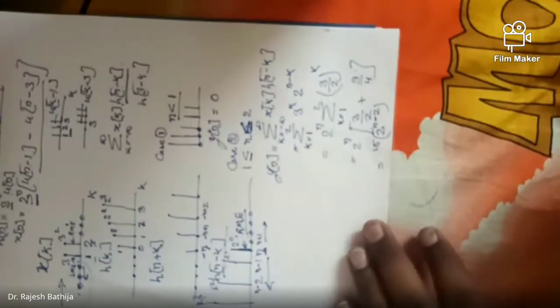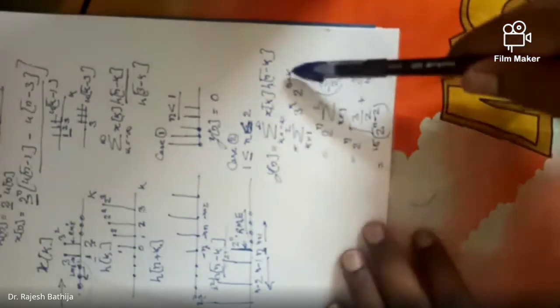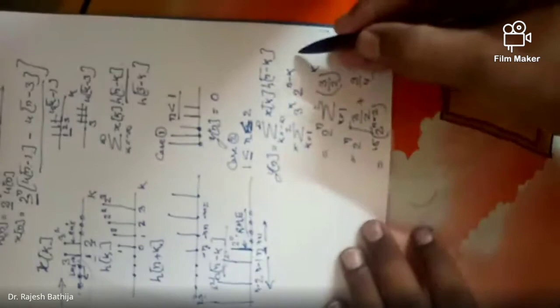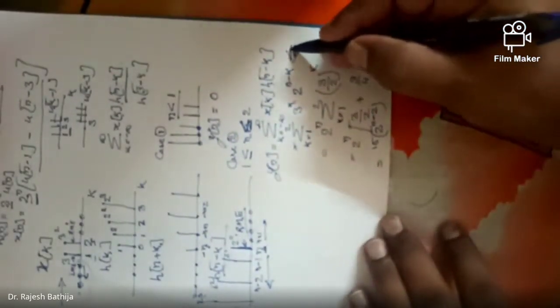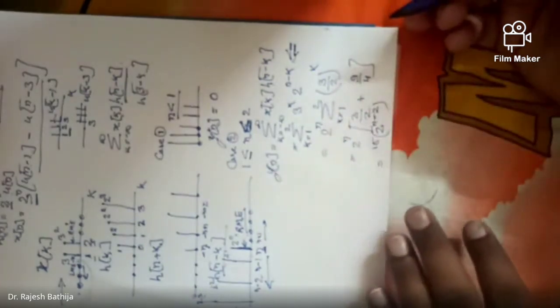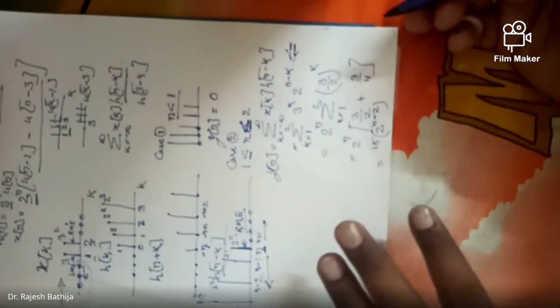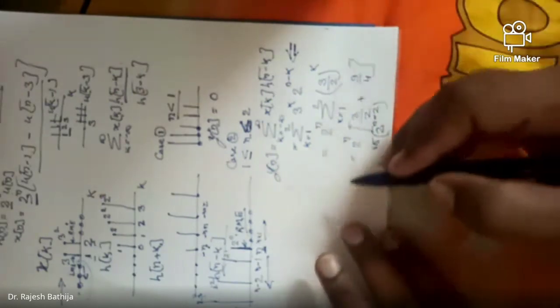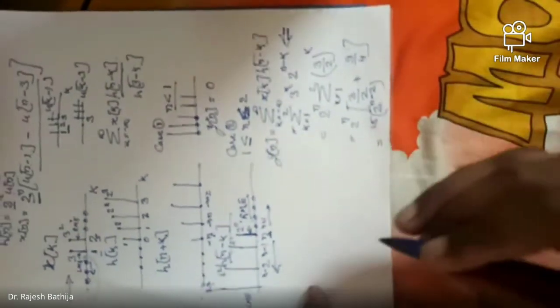Got this result? Anyone have any difficulty in this result? Any difficulty at this point? Please tell me frankly whether there is a problem in understanding how we approach here. Because this is a very essential question which will always come in the exam. No problem to anyone? So we got this result. Now I'm going further.